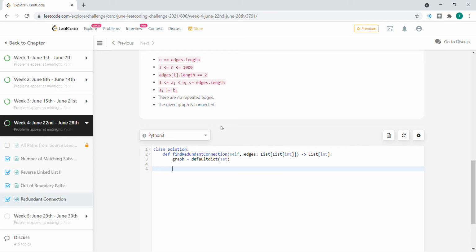So let's just continue our algorithm. For nodes A and B in edges, we're going to create a set here that's called visited. So we've visited or seen it before. It's going to be empty for now, but we're going to add some things to it for our depth first search. So if node A is in our graph, and node B is in our graph,